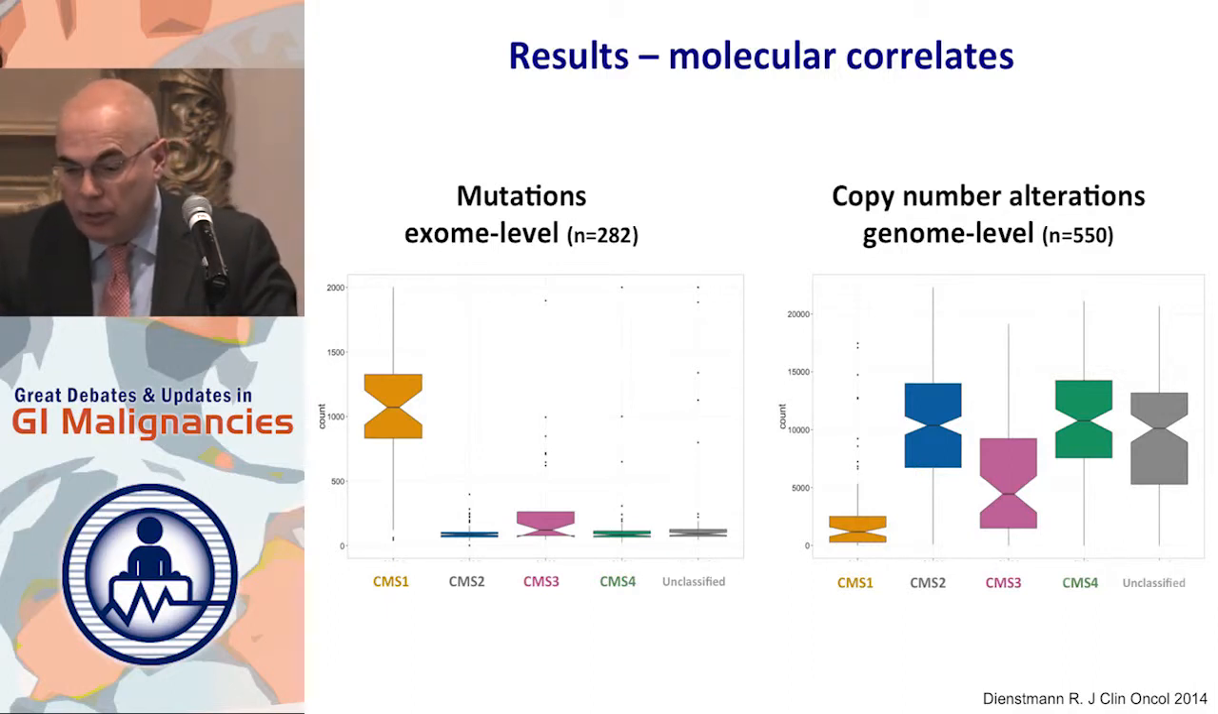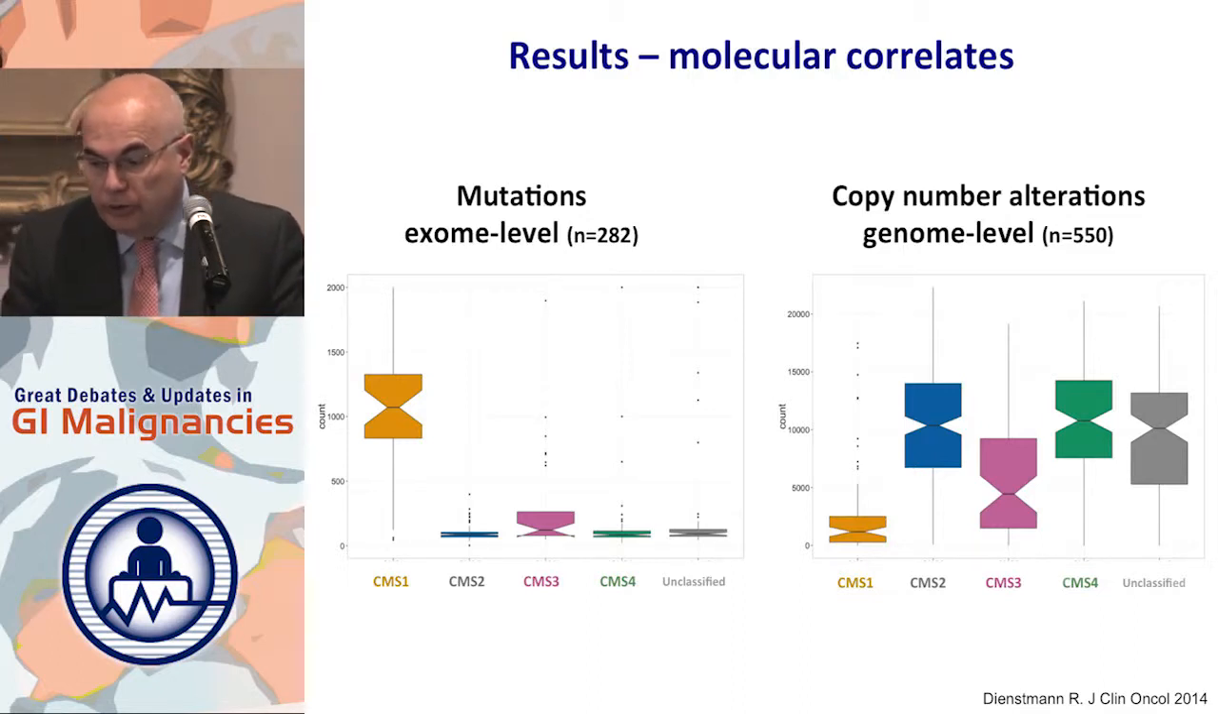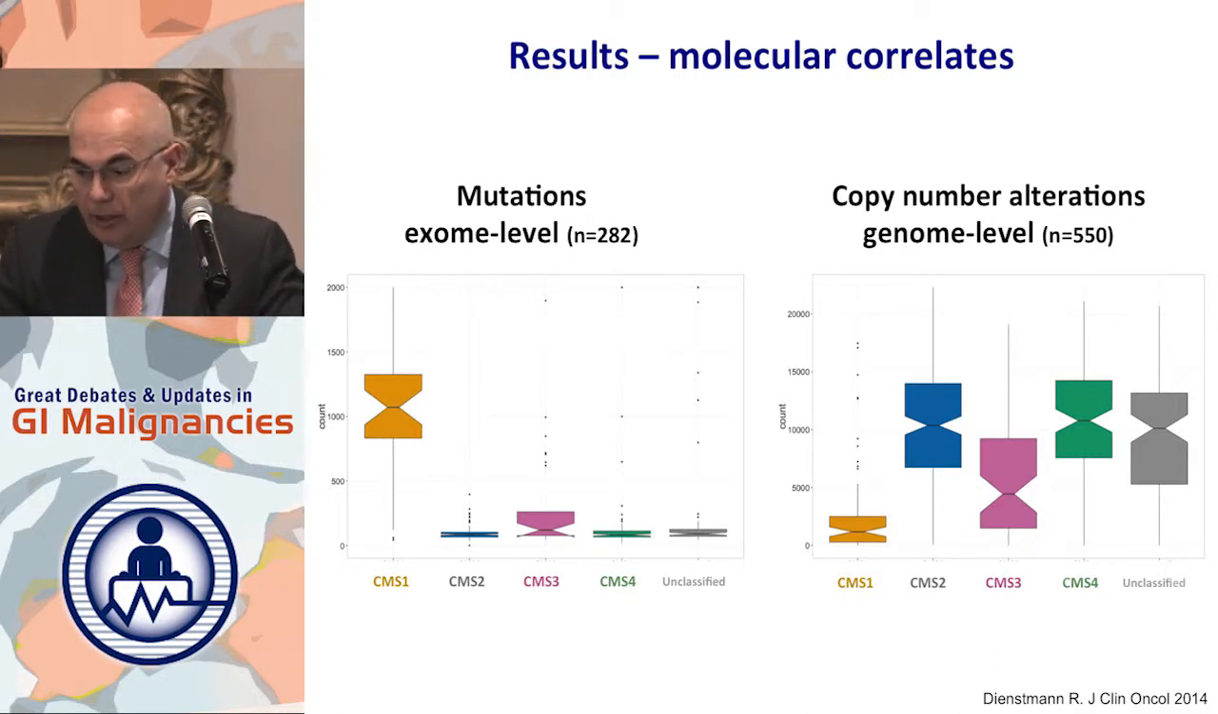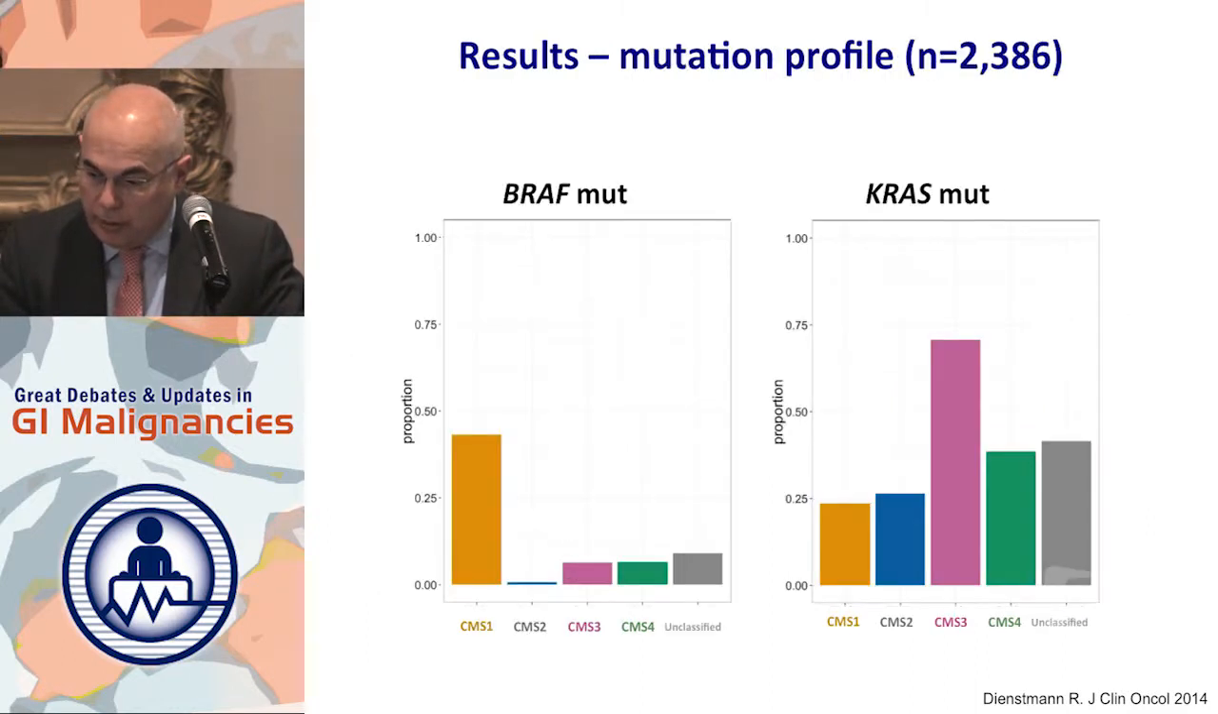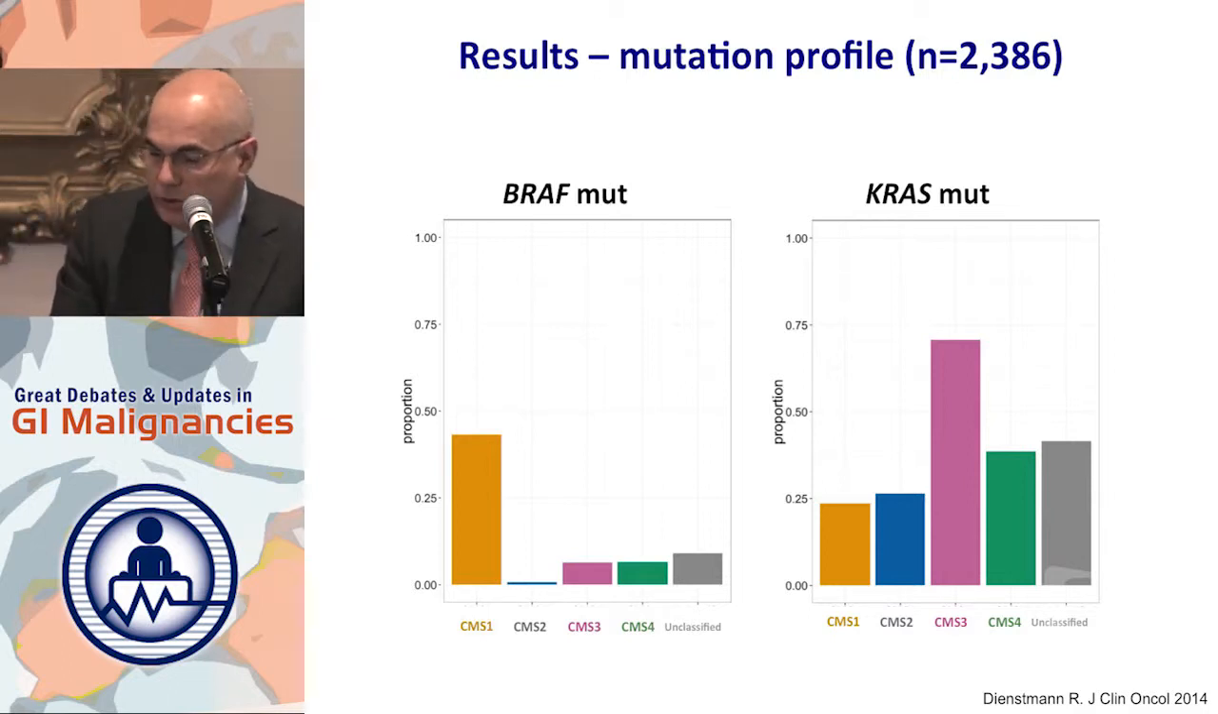The MSI population, the immune population, is the one that has the higher load of mutations compared to the others. And opposite to this, when we look at the copy number alterations, actually the other subtypes have a higher number of copy number alterations compared to the first one. When looking at the mutations, as expected, most patients with BRAF mutations were in the first group, the MSI or immune, and KRAS mutations were present in all the groups, but especially in the CMS3 group,